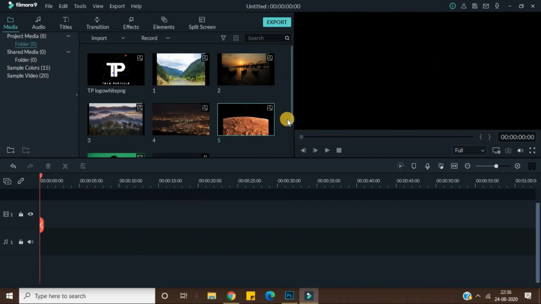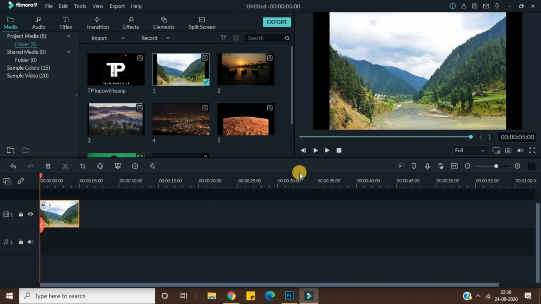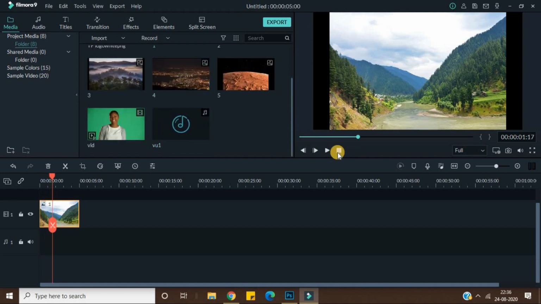So what I'll tell you about this window panel here is this, like you can just go frame by frame if you want to, like this frame by frame you can go ahead, or you can just play or pause your video, right? And then you can just click this button and you will get to the starting position. So this is a stop button.